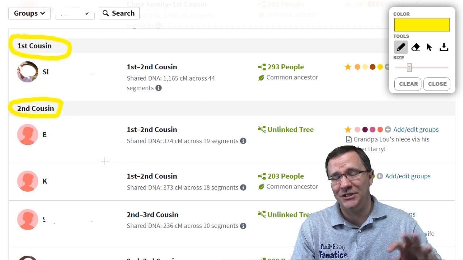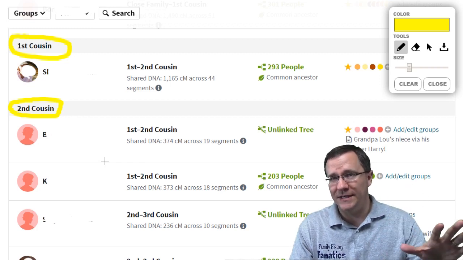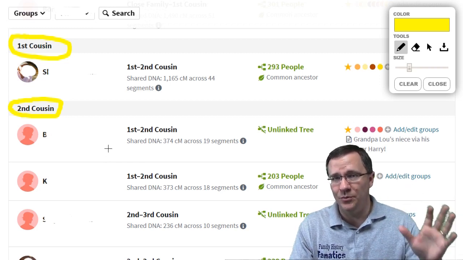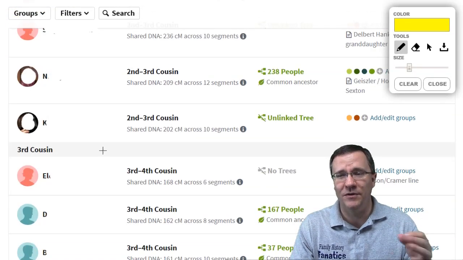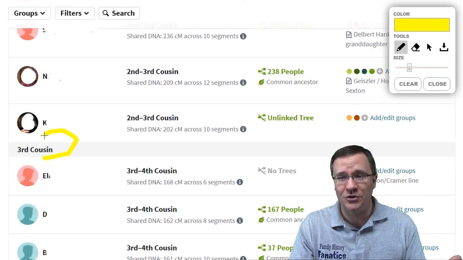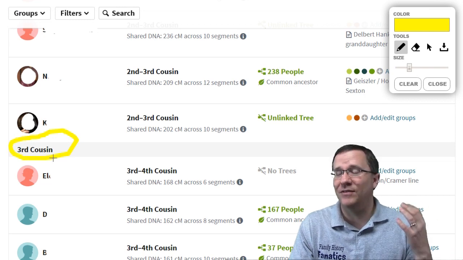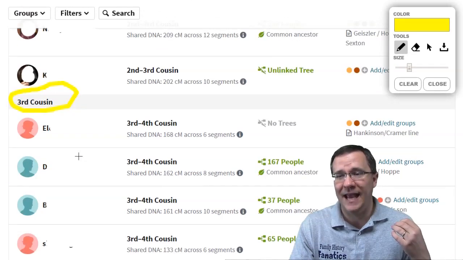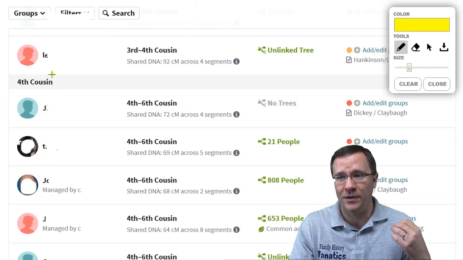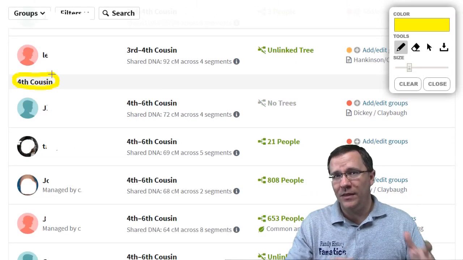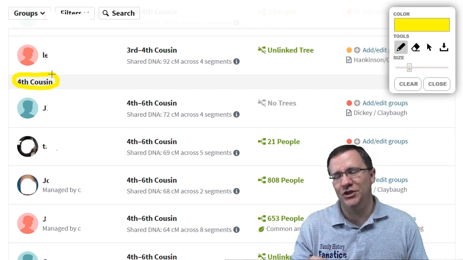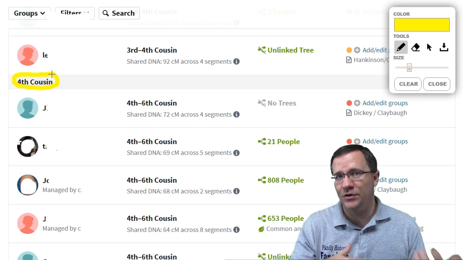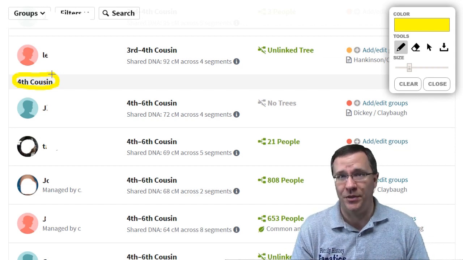And what you'll see is that unless you have your close family tested, there might only be 1 or 2 people in those first few categories, but by the time you get to second cousin, there's going to be a few, and then you get to third cousins, there's going to be more. That's because we have a lot of third cousins, and then it also has a group of fourth cousins as well. So again, be aware that this isn't absolute as far as what relationship they are, but it is a good start for understanding how much DNA they share with you.